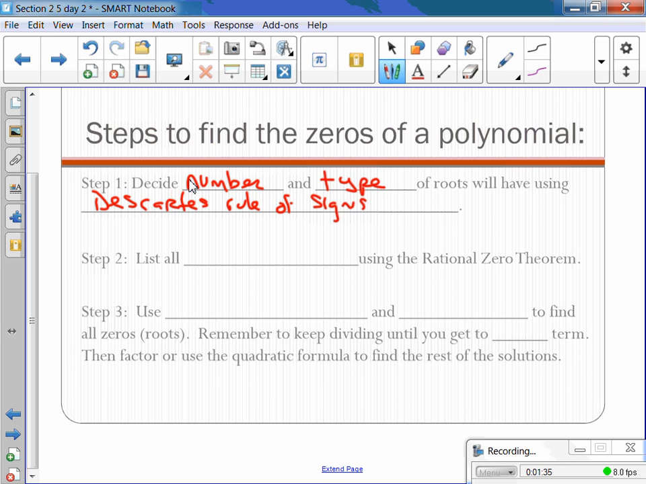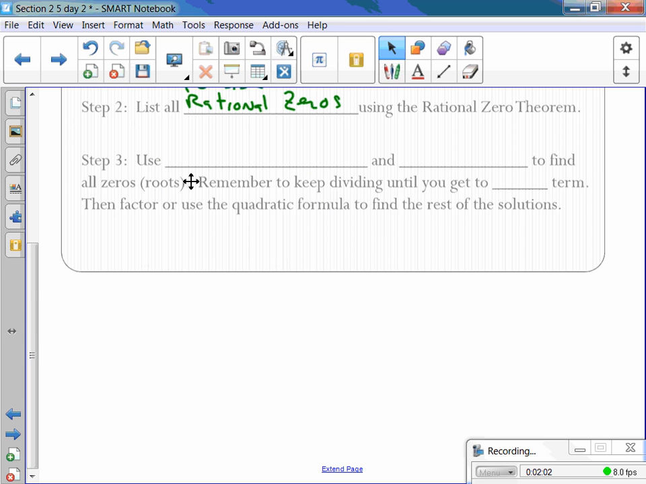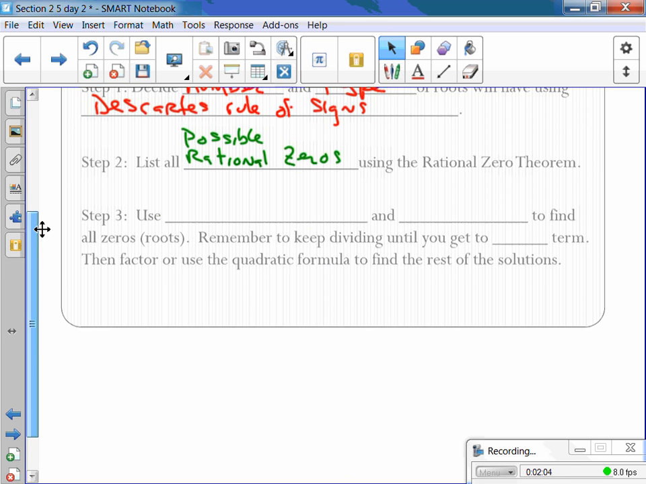So after that, we can list all possible rational zeros by using the rational zero theorem, which we just went over for the homework. Hopefully the selection is not that big. Once we have all that information from yesterday, then we can go ahead